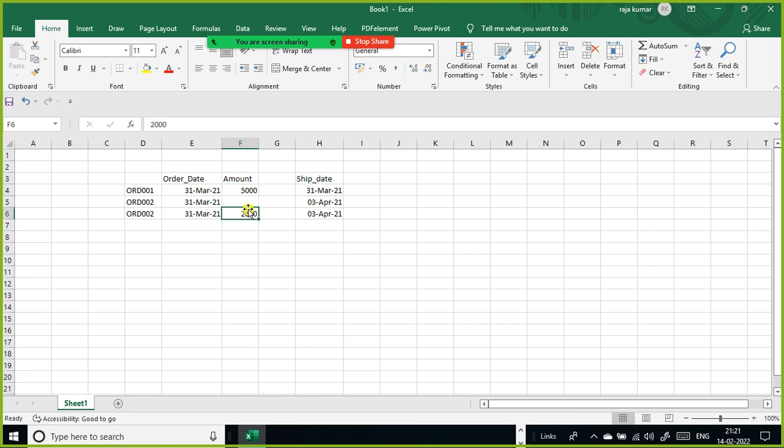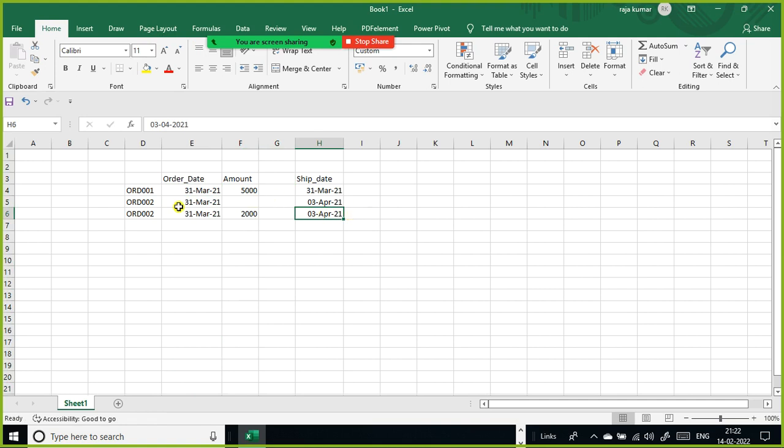So now when you filter this by March month, or let's say you need to have another column here. So the order date. What I'm trying to say is, the sale amount you'll be receiving on the shipment date only.